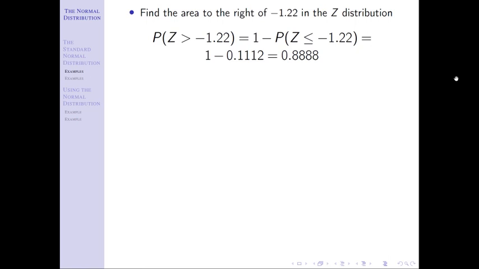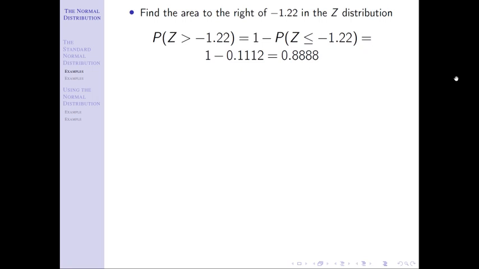This is important to make sure you understand that the z-score goes inside of that probability statement. And when I go to my z-table, I am replacing the entire probability statement. Why is that? Because when I go to that z-table, I have converted the z-score to a probability, and specifically I've converted it using a less than probability. That's why I had to rewrite the probability statement to a less than, and then I can replace that whole thing with that number. I don't replace the negative 1.22 with that.